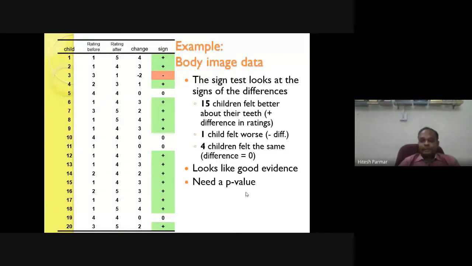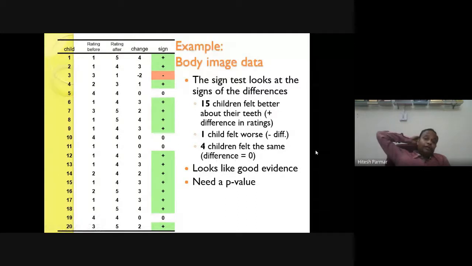This is how you can conduct this test. We'll see this with the help of Jamovi also, but at present we just need to understand how the test works. So this test works on only signs, positive signs and negative signs. If they are balanced, then equally we could get a positive sign and a negative sign. If we get more positive signs, then the null hypothesis can be rejected.